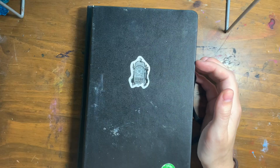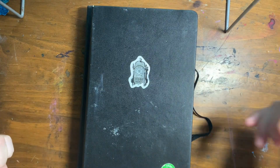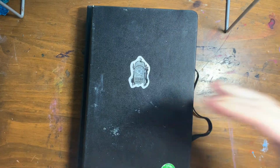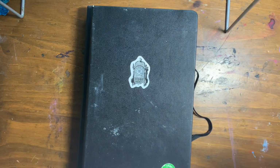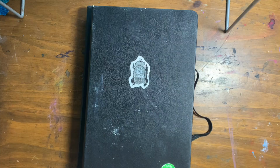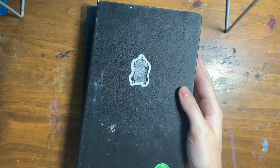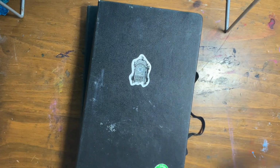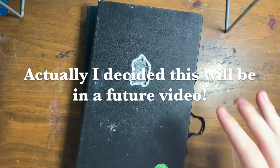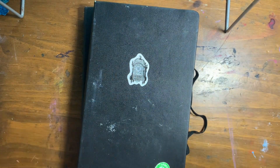I felt like when I was in college, I kind of struggled to have a consistent sketchbook practice. I felt like I was always working on assignments and finished pieces, and I wasn't really doing much work just for fun, work that was more casual, I guess, and without a purpose. I'll talk more about what my current sketchbook practice is at the end of the video because it's changed so much from when I did these two, but I still wanted to make a video and share them